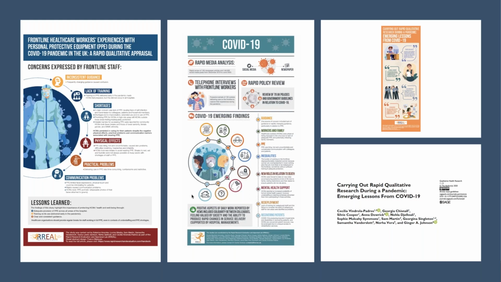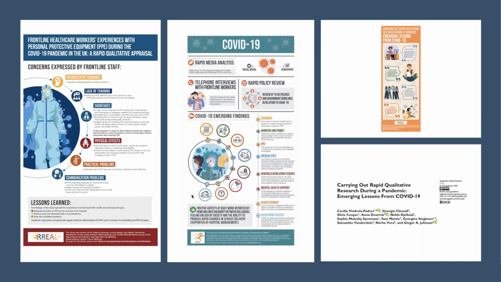And then we're looking at dissemination, definitely that real-time dissemination that I've already mentioned, looking at more traditional forms of disseminating, like the paper for a journal that you see here at the lower part of the screen, but then also making that paper accessible. So the diagram that you see in orange is actually what we call a visual abstract. It's a visual representation of what's in the paper, but it just summarizes the 4 key messages from that paper. So if you don't want to read the paper, you look at the abstract and you know exactly what it's about. However, if you then want to find out more information, you've got a link to that paper in that same abstract. You can read the full paper.